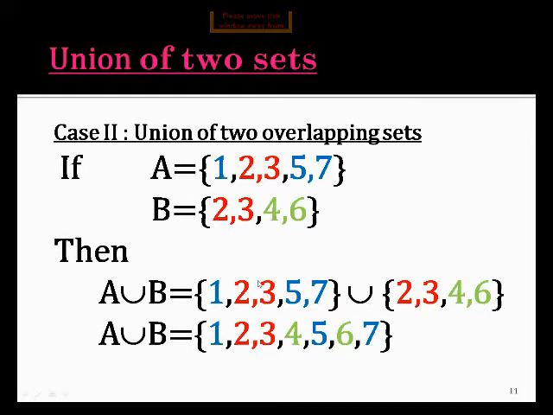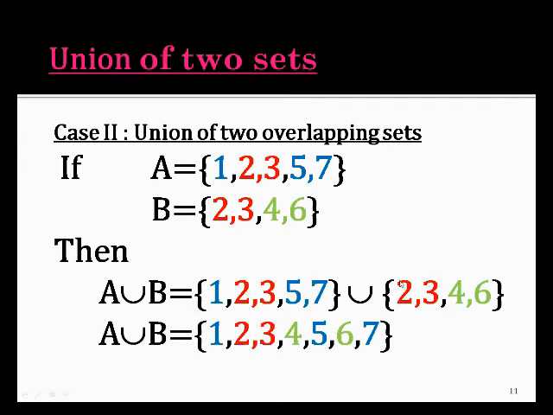Now students, as we know, we write all the elements in a single set with a sequence. But as you see, 2 and 3 are present in both sets, so we don't have to write the number twice. We only write it one time in the set, just like 1, 2, 3. Now here we have the sequence 4, 5, 6 and 7. This is the complete set for A union B.